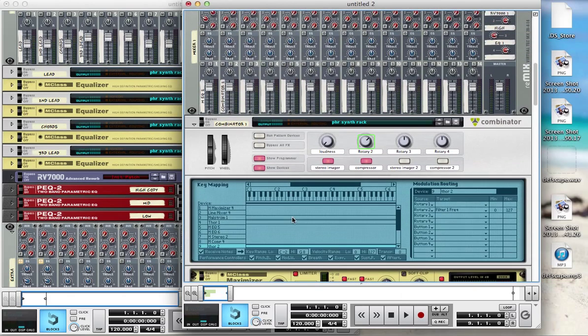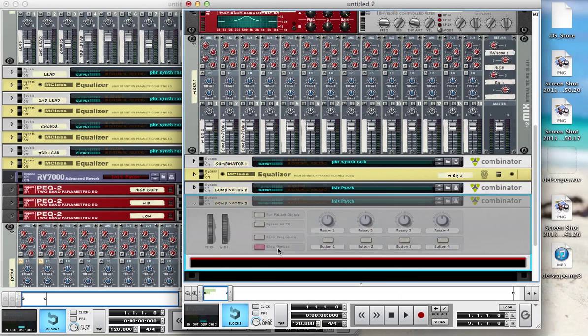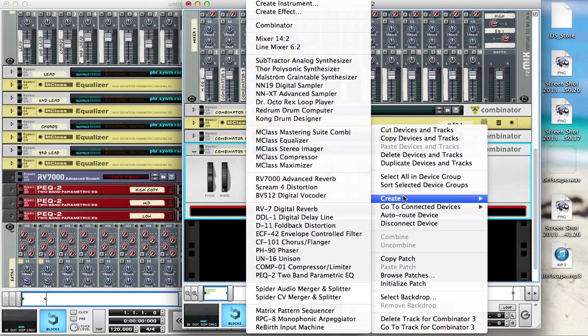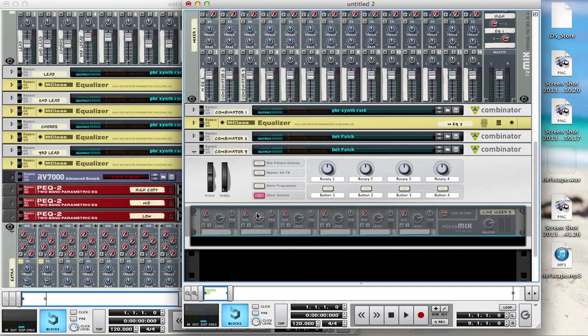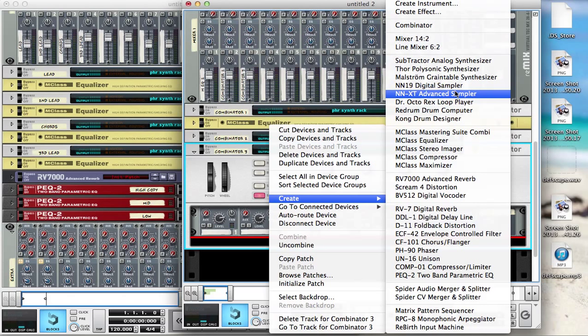But it really speeds up the process, and like I said in the last video, when you're writing music, you want it to be as free and as quick as possible, because when you sit down and create your combinator and start creating the stuff inside it, you stop your right brain creativity and start your left brain analytics. You're sitting there, even if subconsciously, thinking, well, do I really want a Thor? Maybe I do want a Maelstrom, or maybe I haven't played Subtractor in a while, and you're starting to analyze everything,